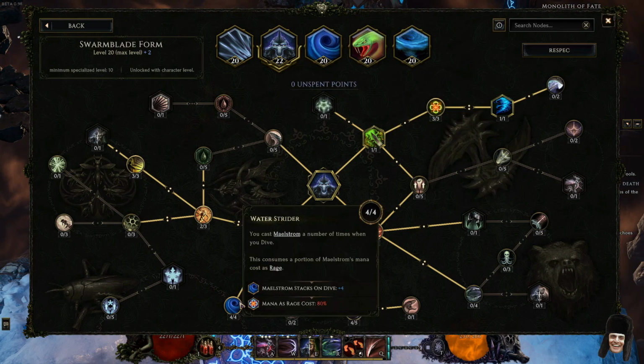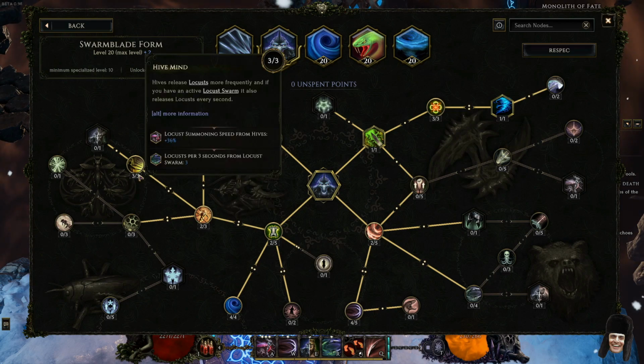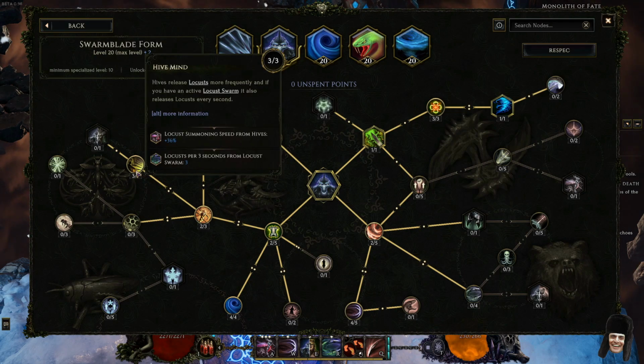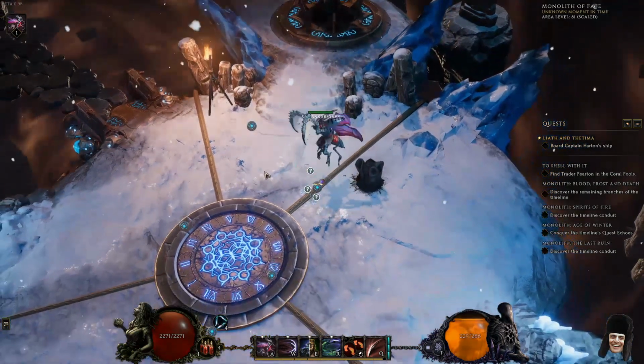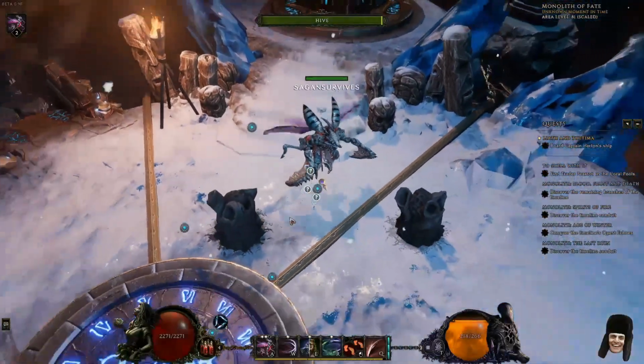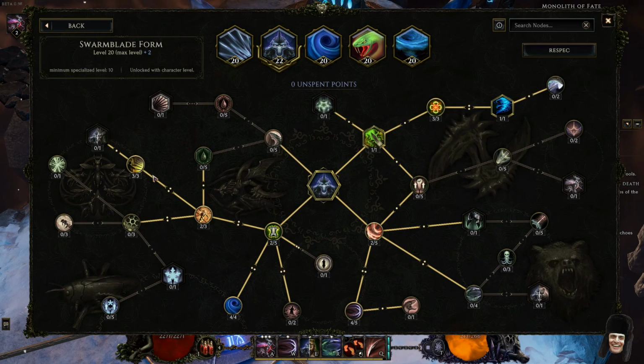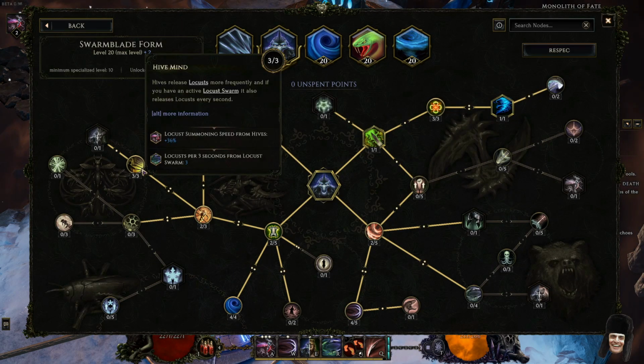And then additionally, we did pick up another point into Water Strider because the stacks of Maelstrom give us so much damage that we want that. And then also I did try 3 out of 3 points in Hive Mind, and I actually really like it. 2 is totally fine if you are summoning a lot of hives, because then you don't need it as much. But since I'm a little bit more lazy with my hive summoning, I like to have the Locust coming from the swarm. So 3 out of 3 is actually worth it here, but you can just have 2,